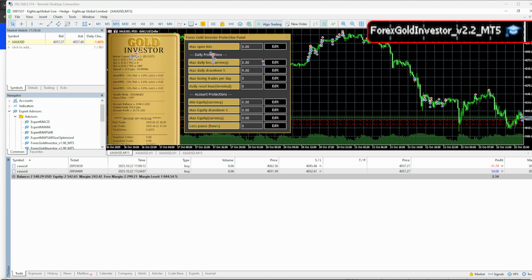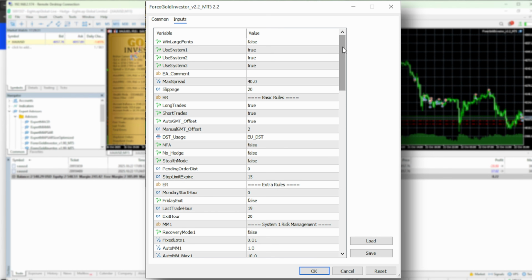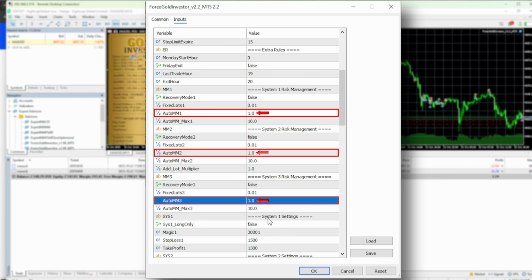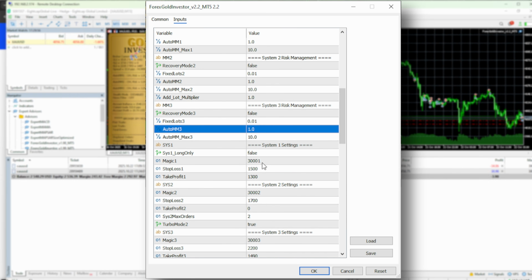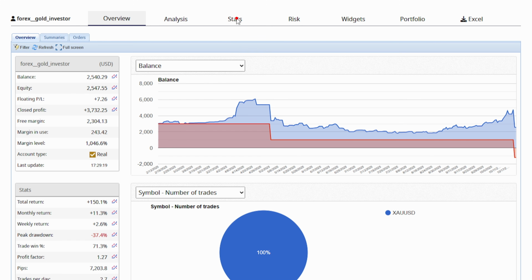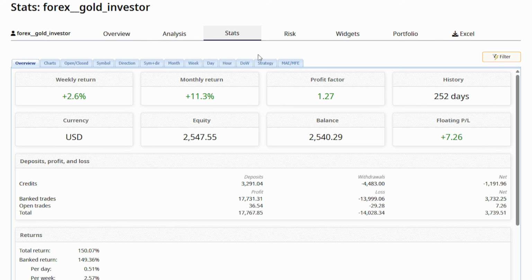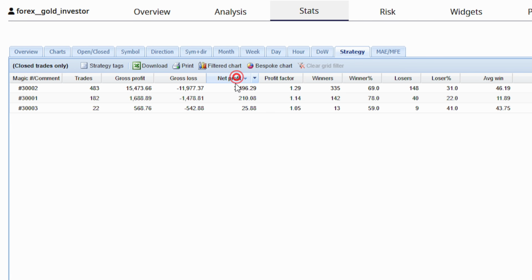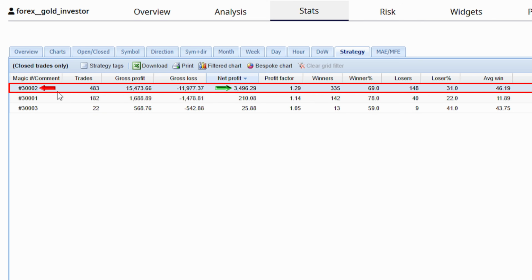Now the last thing I want to show you is the third system that was added to the Forex Gold Investor. This is system 3, which the vendor said is a breakout system. However, I trade them all with 1% auto money management. You can see that for the different systems we have different magic numbers. So the third system ends on 0.3, and if we look at the performance of the 3 strategies, I'll just click on strategy, we will see that the most profit we've made is still with the second system,